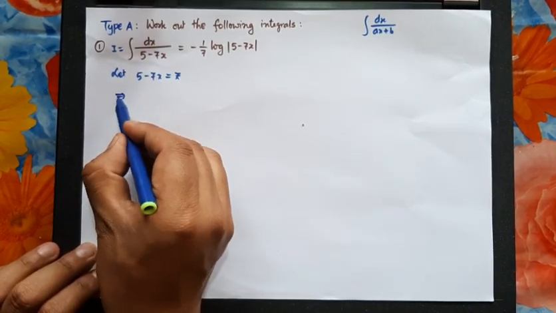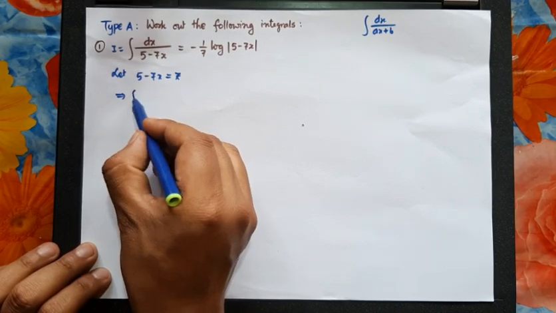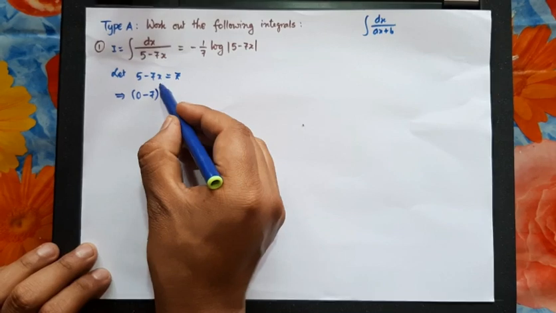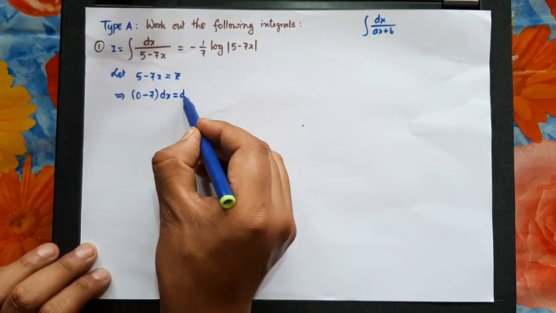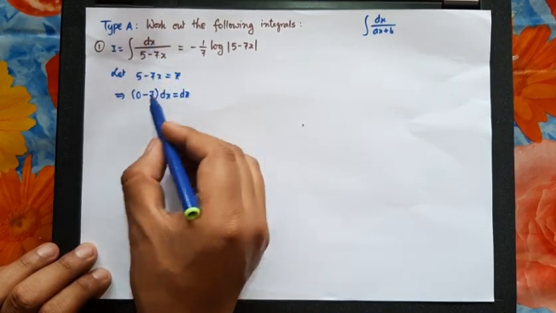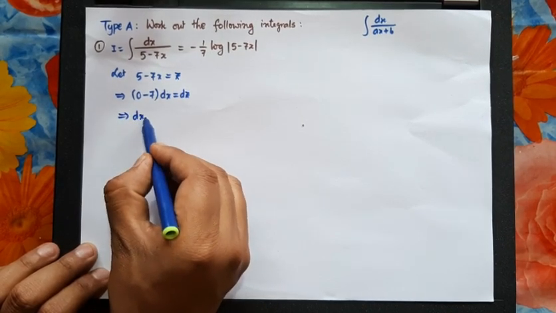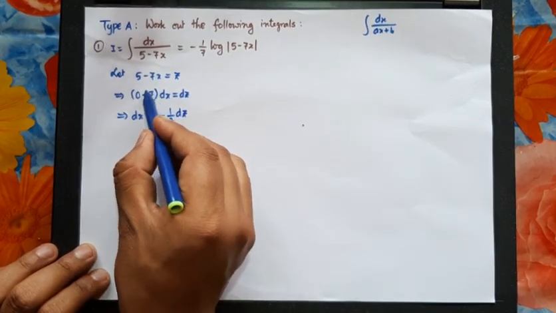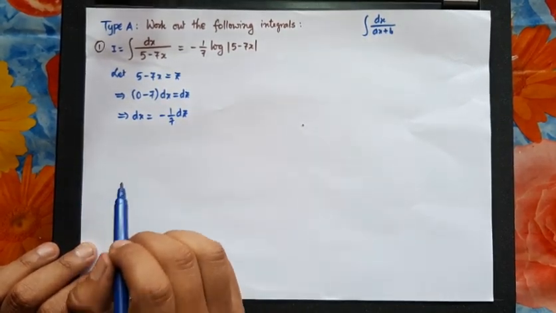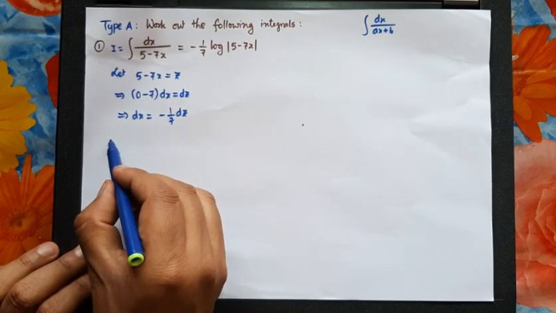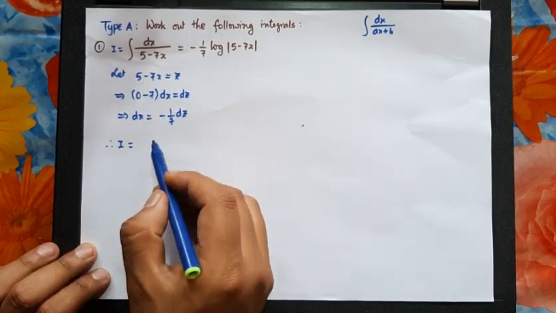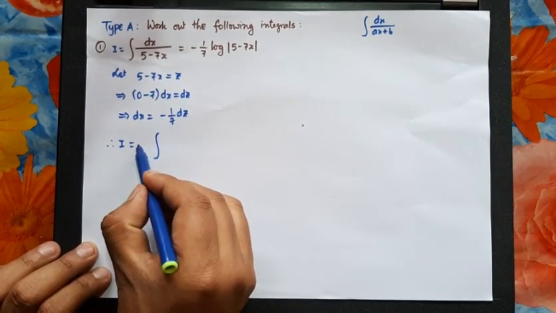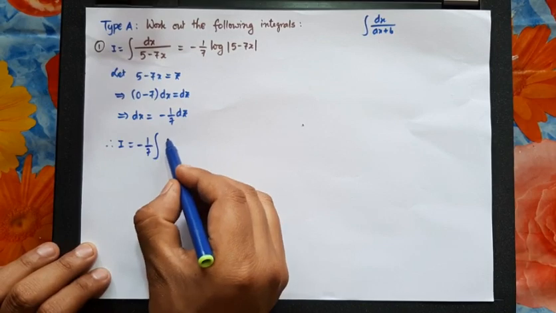Now what I need to do is differentiate both sides. So differentiation of 5 will be 0 and differentiation of minus 7x will be just minus 7. So I have minus 7 dx equals dz. We want the value of dx, so from here dx will be equal to minus 1 by 7 dz, right? This minus 7 goes here and becomes minus 1 by 7. So my I becomes the integral. Now dx is this much, right? So this minus 1 by 7 can be kept outside the integral. So we have dz